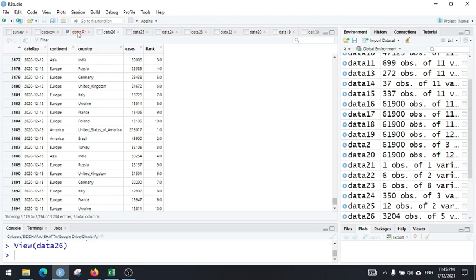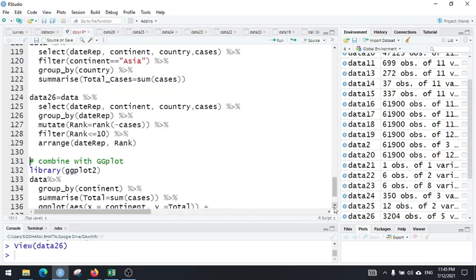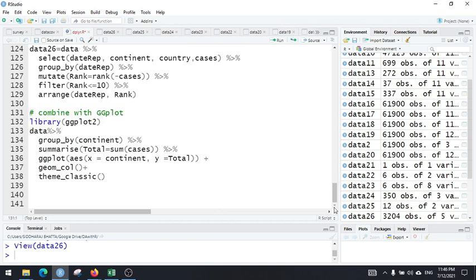So finally, we can even combine other package functions with these dplyr package functions. So in this example, I want to first manipulate the data and then plot the data in a bar chart or any other chart. So I combined this output with ggplot functions. So first I take data, then group by continent, summarize total number of cases for each continent,